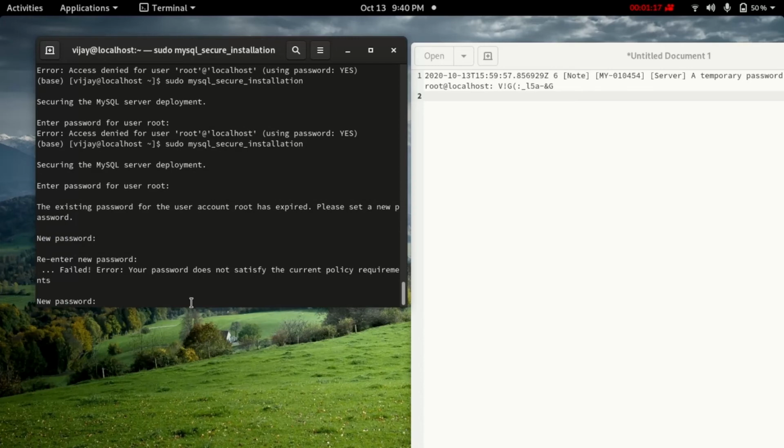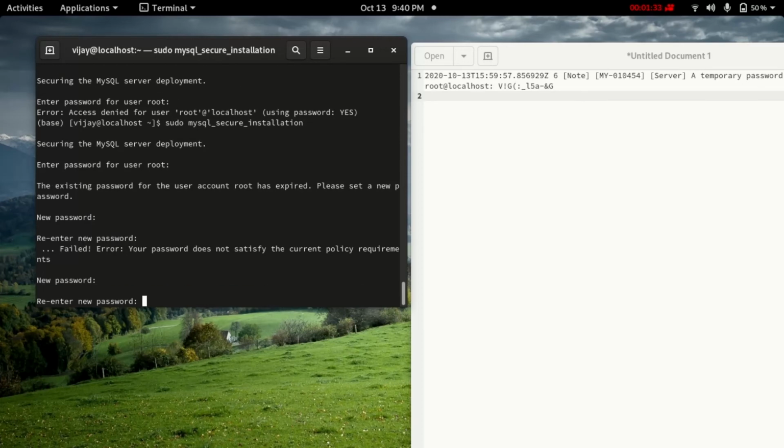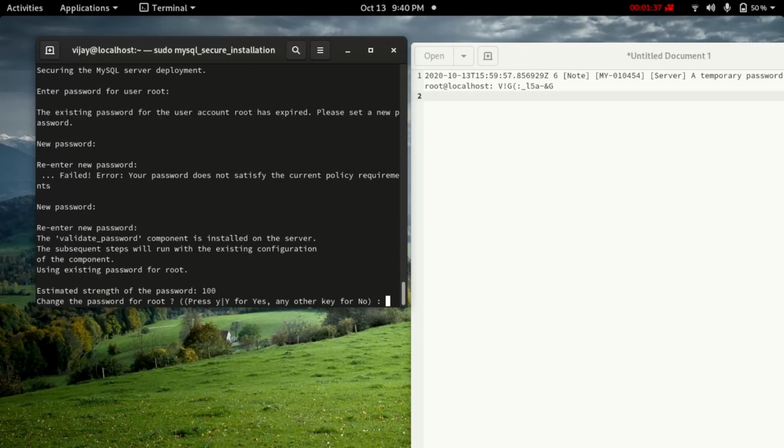So we will use capital letters, symbols and numbers. Okay, so we'll use them here. So I have made my password successfully.